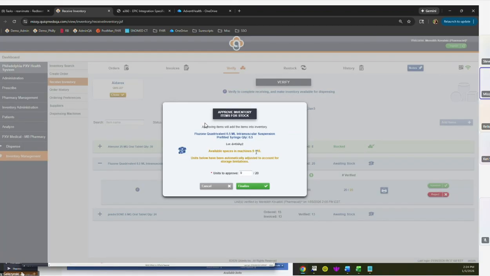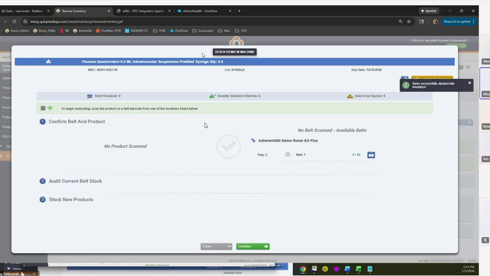So this is showing me I don't have that much space in the machine. So this is actually a new feature. I probably should have called this out earlier. But in our approval process, we try to tell you how much space you have in the machine so that you aren't promoting more things to in stock than you have available space for. So here you have 9 slots out of 10. This is only assigned to one belt, but you've received 20 units. So we are changing your number to approve to 9 rather than all 20 because you do not have enough space for 20. So in this case, I could add my 9 units,